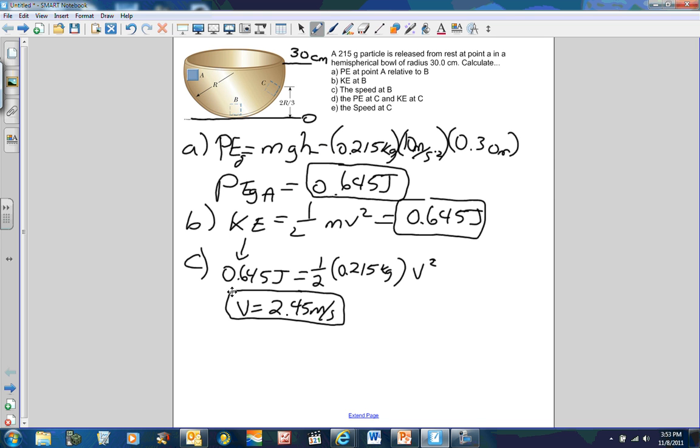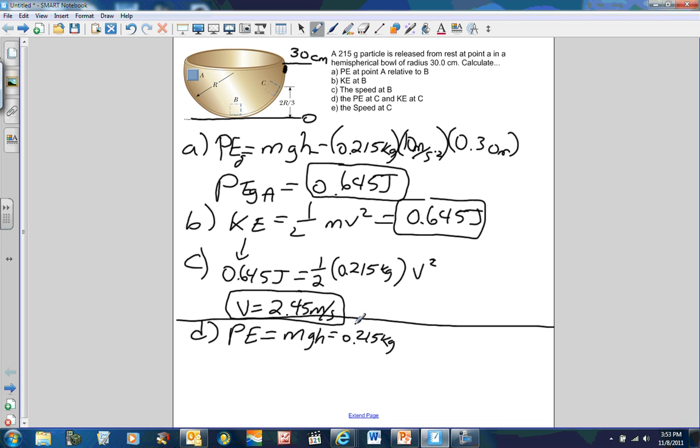All right, and then D, D is going to be find the potential energy at C. Well, we know the total energy is 0.645, so I know the potential energy can't be that because it doesn't make it back up all the way to here, right? Doesn't make it all the way back up to there. So it's going to be mgh, just like before. Whoops, mgh, not mgg. mgh, which is going to be